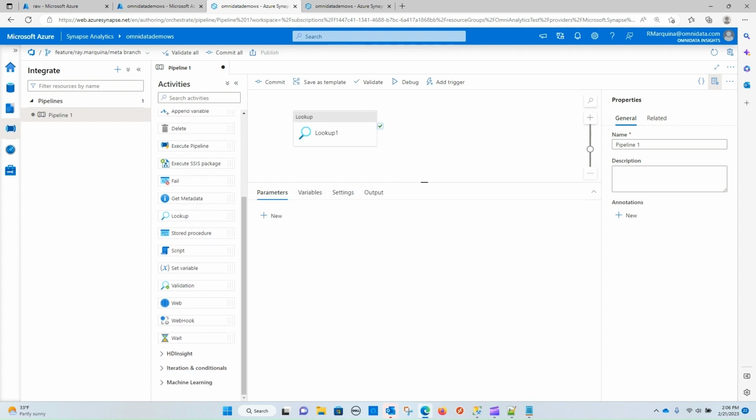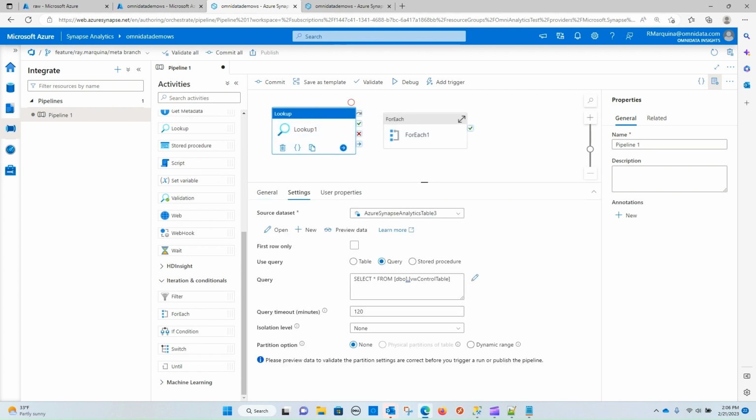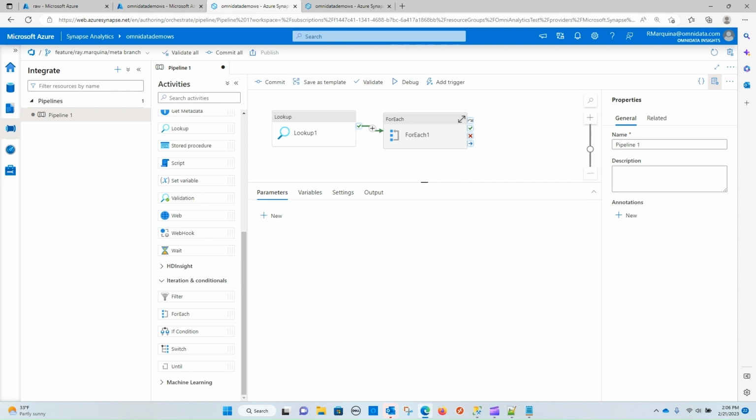And then what we're now going to do is move over to our next activity. So under activities, there is an iterations and conditions tab, and there is a for each activity that we're interested in bringing forward. And this for each activity is going to take the list from our lookup and do some activity inside of